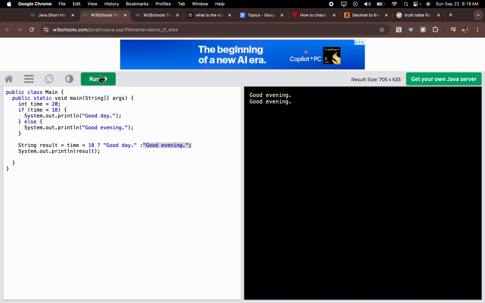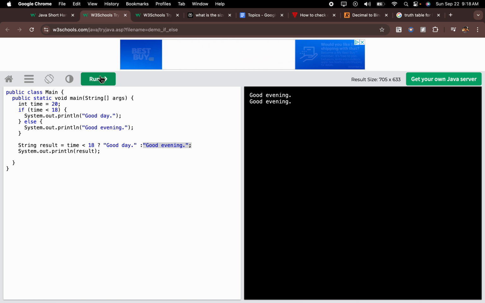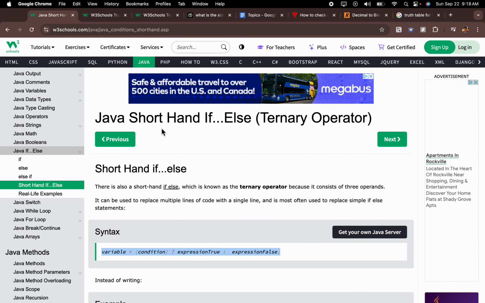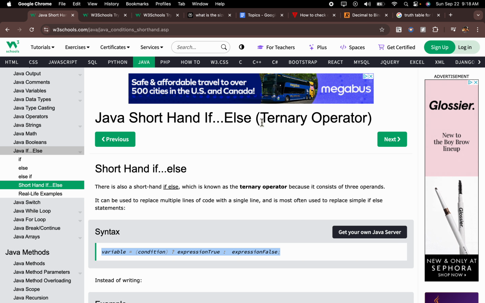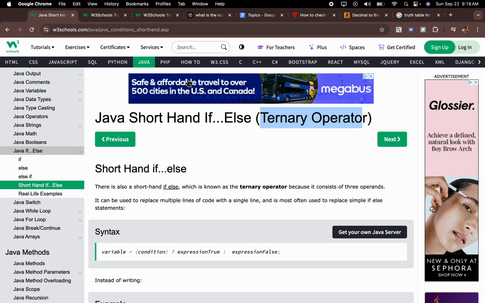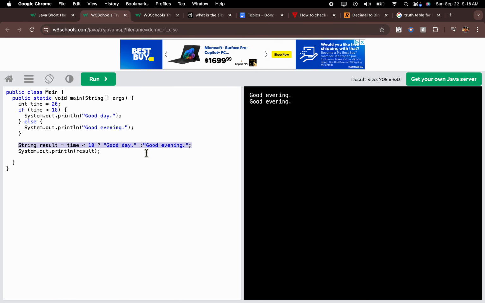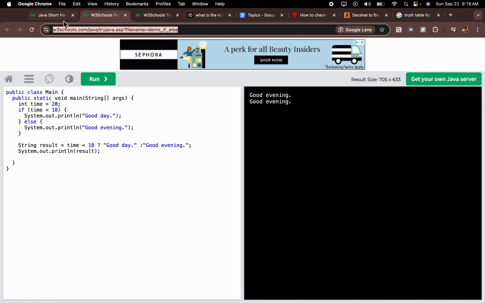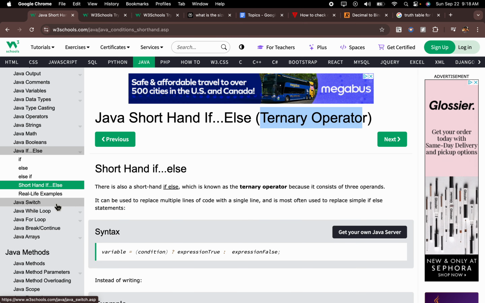Yes. So if there is an if else condition, then I prefer to use this type of syntax. So this is another type of syntax, called shorthand. Okay, also called the ternary operator. Why ternary? Because you see there is this one operator, 2 and 3. So there are 3 operands being used over here. That's why it's called the ternary operator. Okay,